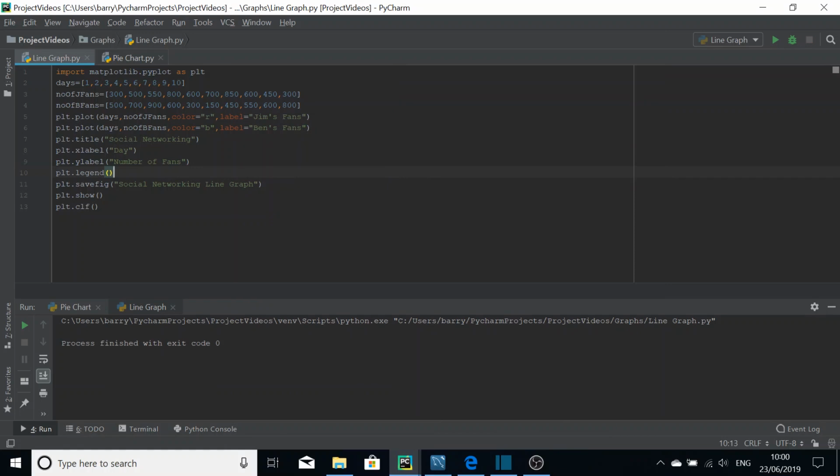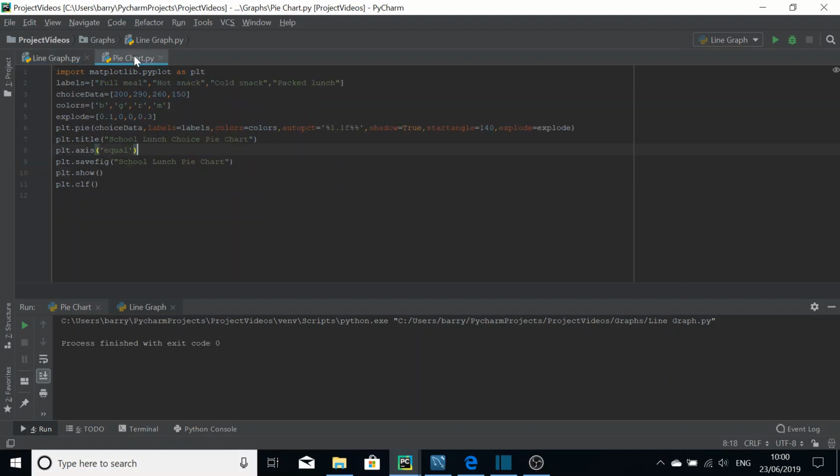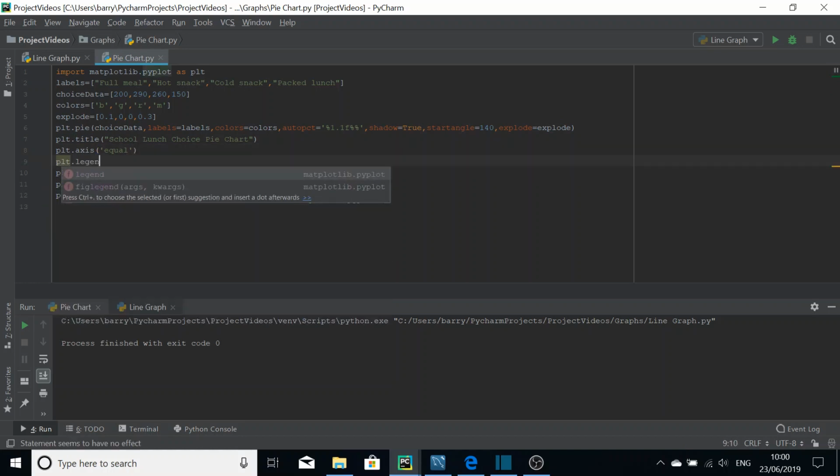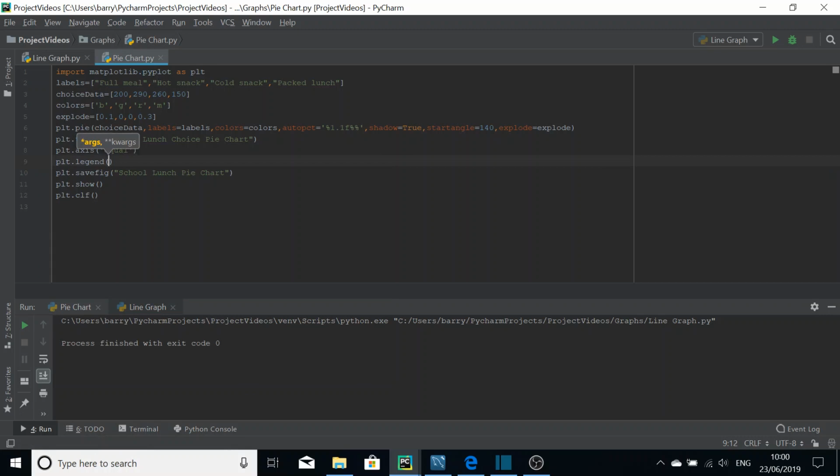Now, it's not just restricted to line graphs. You can do them on all types of Matplotlib graphs. So I'm going to show you how a legend works with a pie chart graph. So we already had our labels defined, so all we have to do is do plot.legend